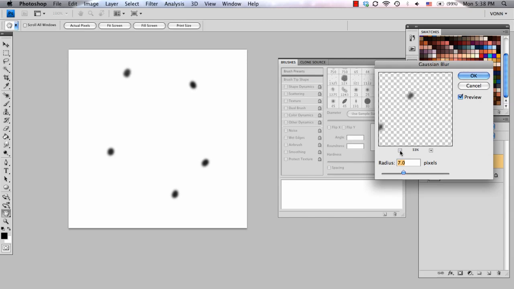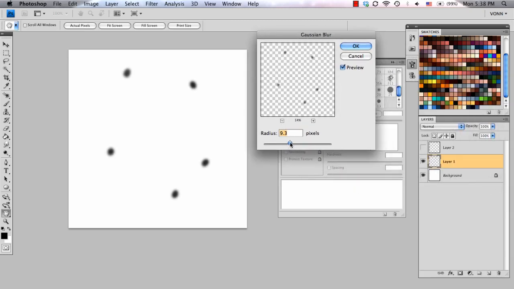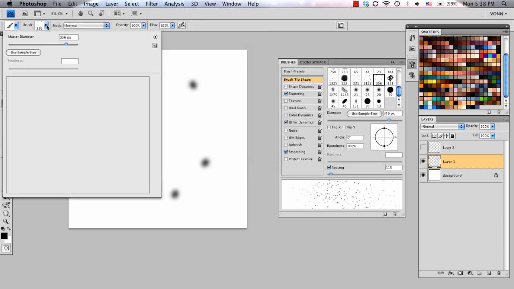And I'm going to zoom out so we can actually see this in the sampler. The higher you turn these pixels up, the more it'll blur it out. We don't want it looking too fuzzy. We still want it to retain somewhat of a snowflake shape. So I'm going to turn it up to about there. I'm going to choose OK. Just like before,